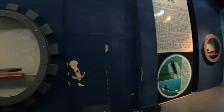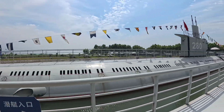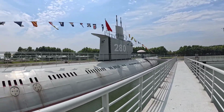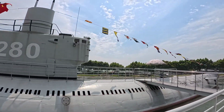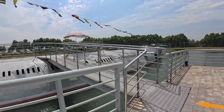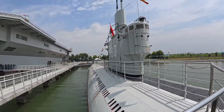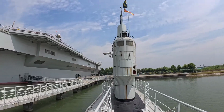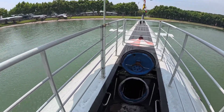I think this type of submarine is called Type 33. Kind of like an exhibition here. I was lining up with the Navy cadets, or the people in military training. I think I shouldn't have been lining up with them, but there's no need. Oh, I can see a Japanese flag. Let's see. Oh no, let me put my phone in my...